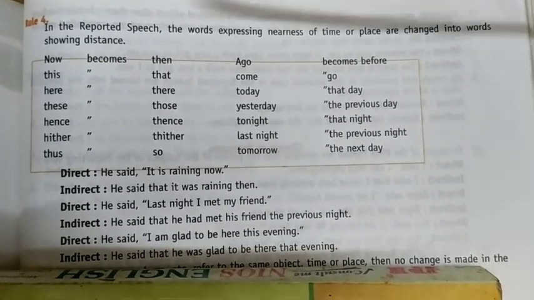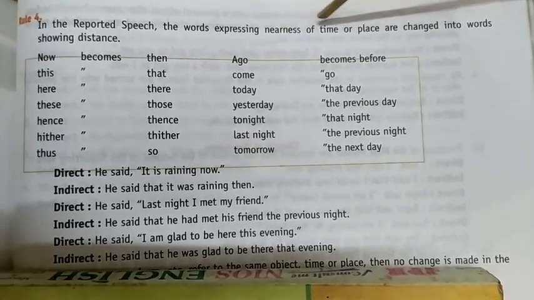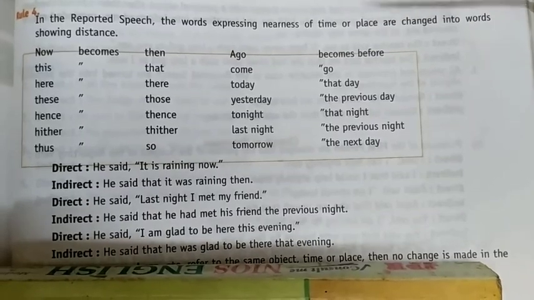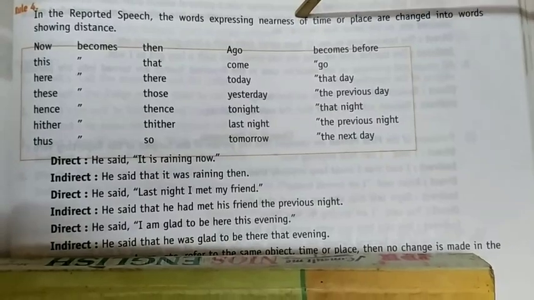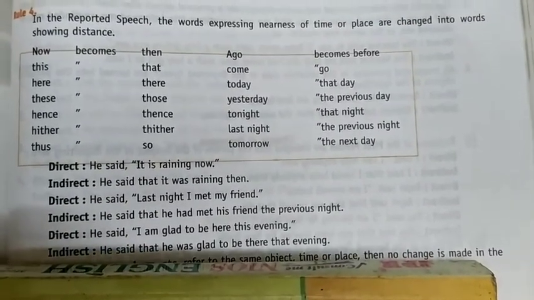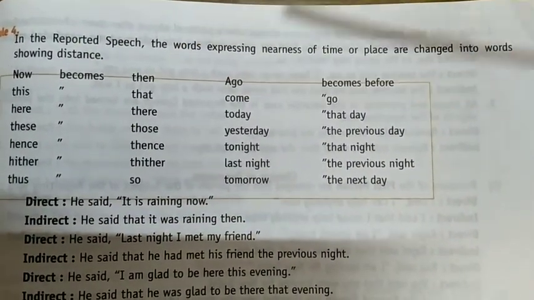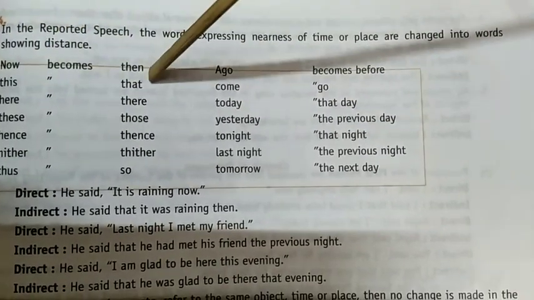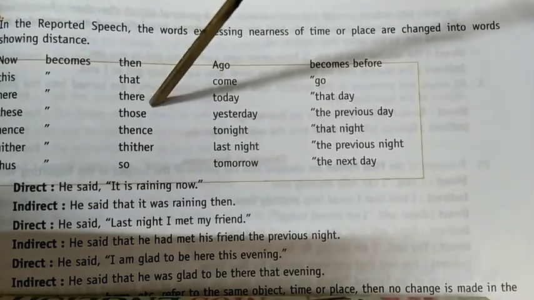Okay, so in the reported speech, the words expressing nearness of time or place are changed into words showing distance. Something which is near will show more distance in indirect speech. Let's see how. Now becomes then, ago becomes before, this becomes that, here becomes there, these becomes those,